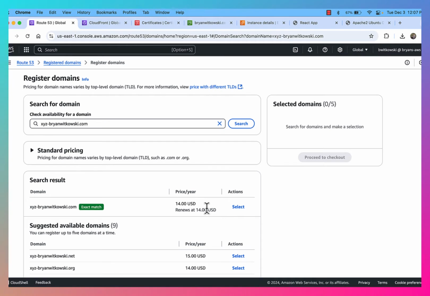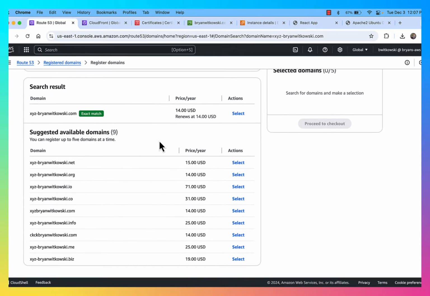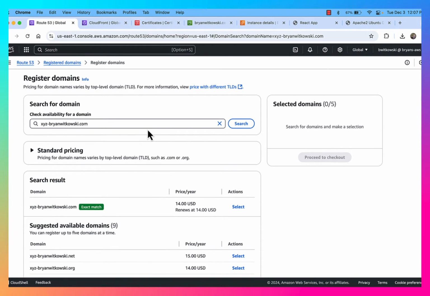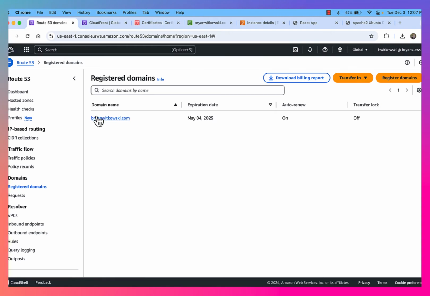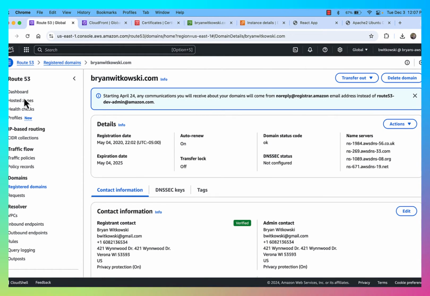So I can purchase a domain name from Amazon inside of Route53. There are various other top level domain names that I could choose, with different pricing depending on those options. But I've already registered brianwitkowski.com. If I go to my registered domains, here's brianwitkowski.com, and when I do that, it automatically is going to